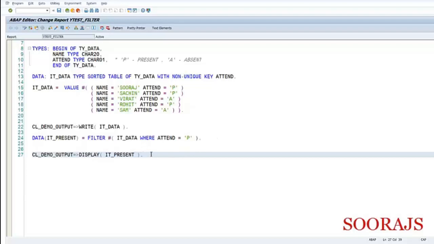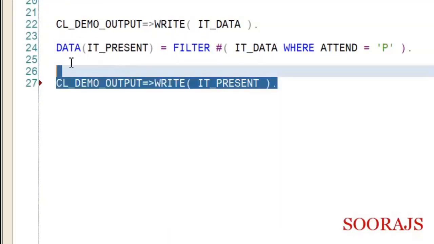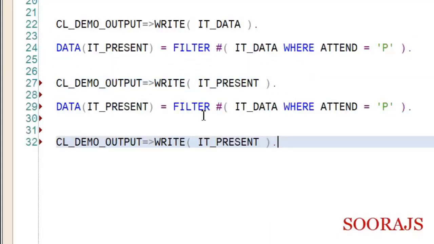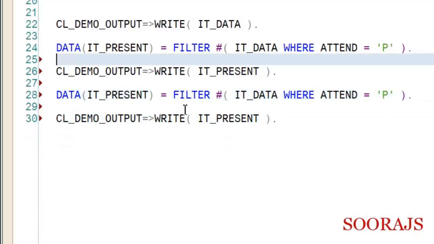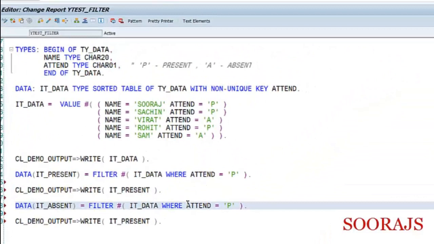Now if I want to find out the students who are absent for that day, how do I do that? I'll copy these two here. I want students who are absent, so IT_ABSENT, and then here I can say except.